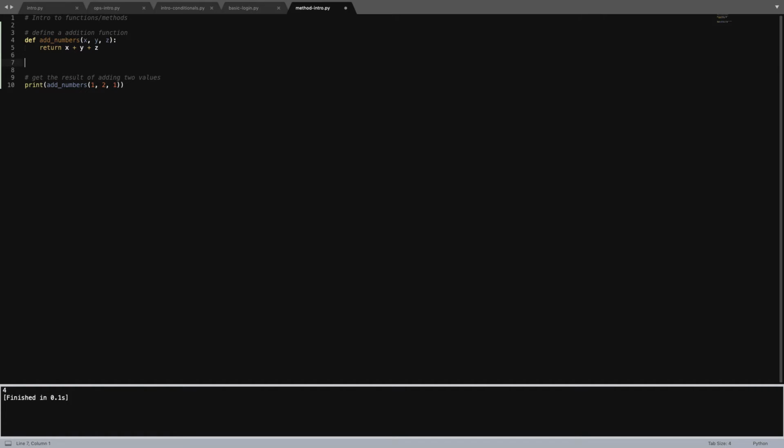So let's create just one more function. We don't have to do anything too advanced for us to expand our basic login app. I'm going to define a multiplication and addition function. So I'm just going to call it multi and add x, y, z. And again, you can call these